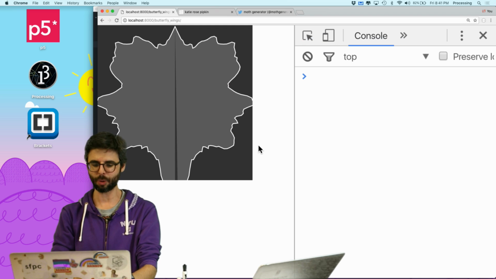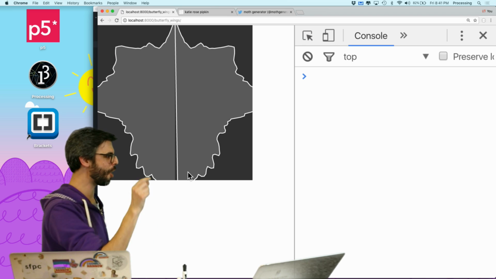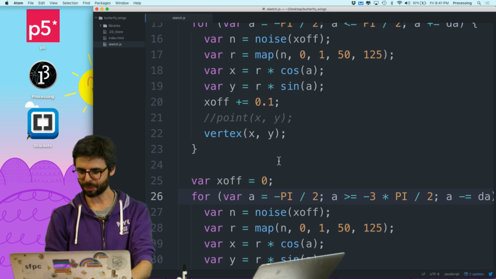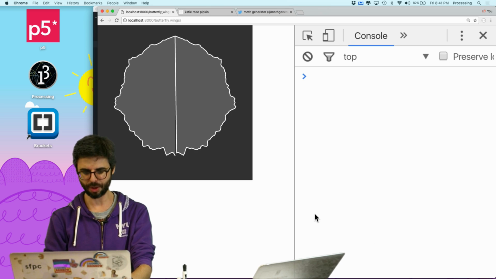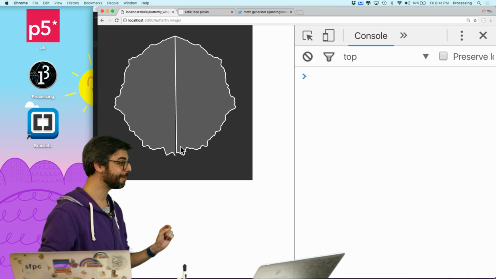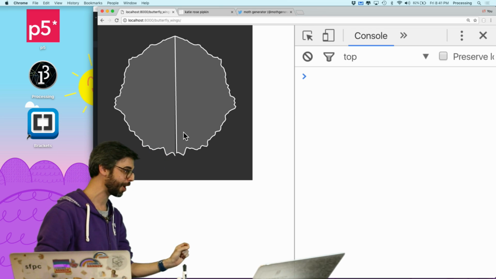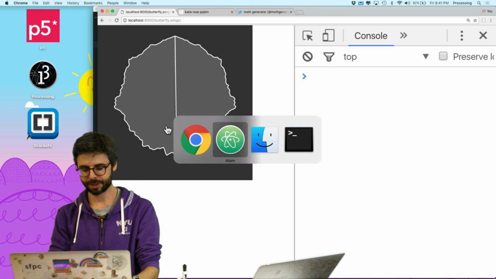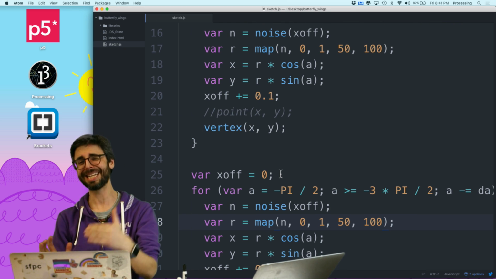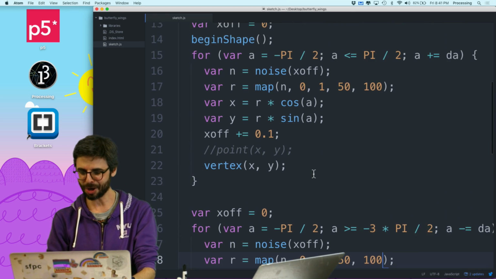Now, this is not going to work because it's going to go all the way to the bottom. And actually, what I'm going to do is do this mapping just between 100 to keep it more on the screen. It goes all the way to the bottom, then it jumps up to the top, and then goes all the way around here. So what I actually need to do when I get to the bottom is to keep going. So in that case, and I actually could condense this into just one loop, but I'm going to say,